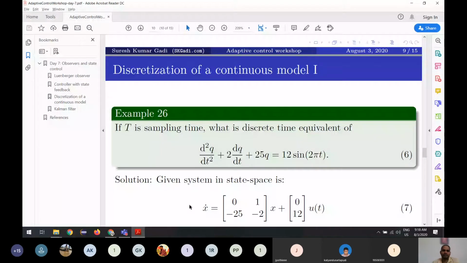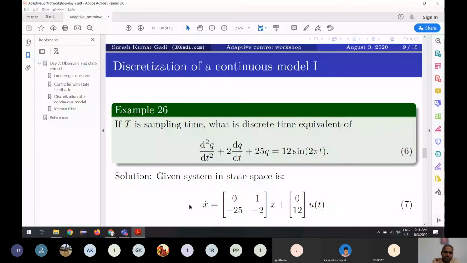Here, this is preparation for going to the Kalman filter. Before going to the Kalman filter, let us see how we can discretize a system. What is discretization in time? We are talking about time discretization. It means we have a continuous system, so we have differential equations. If we want to implement this in a digital system or